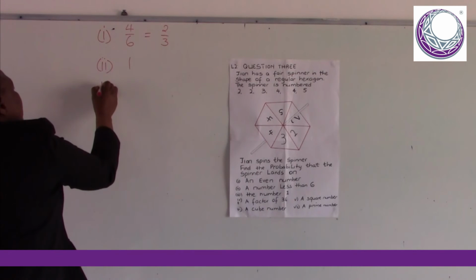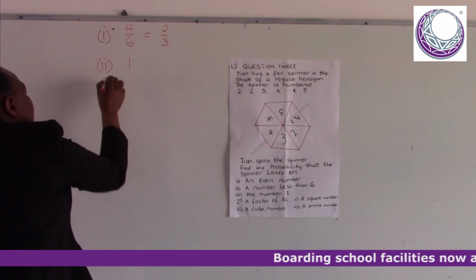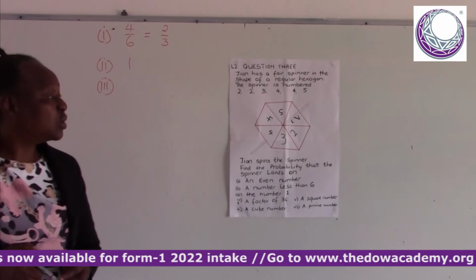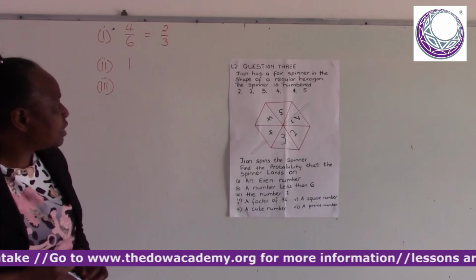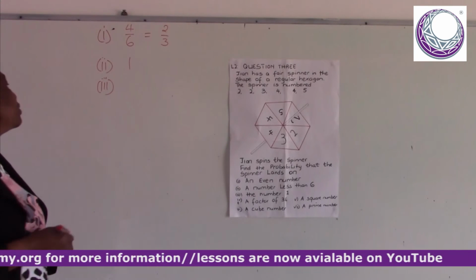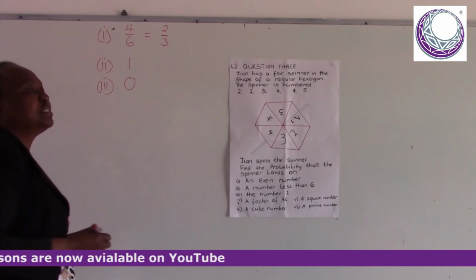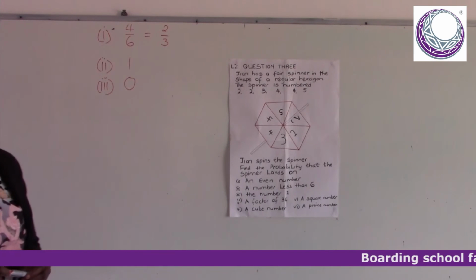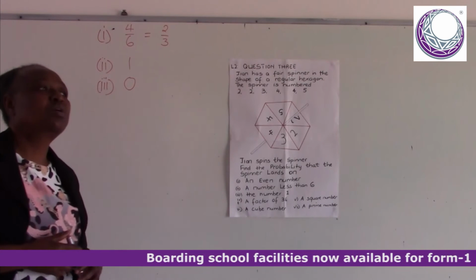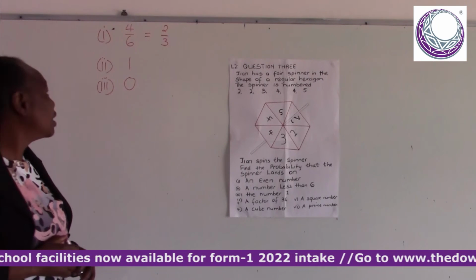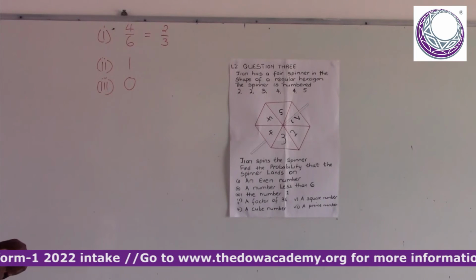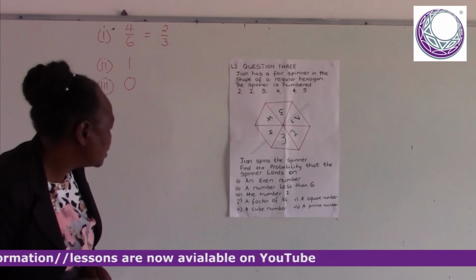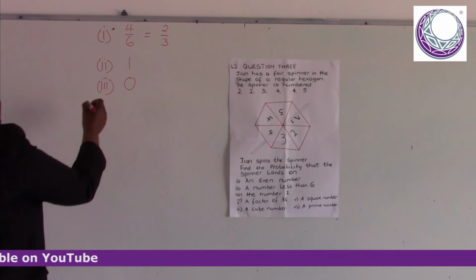Thirdly, we want the probability that we spin and then we get 1. And as we check, you can see there is no 1 on our spinner. This is impossible. And when it's impossible, our probability is 0. Again, I remind you that probabilities range from 0 up to 1. So it's 0 when it's impossible, and 1 when it is certain, then all these other fractions depending on the chance. Then the fourth one,